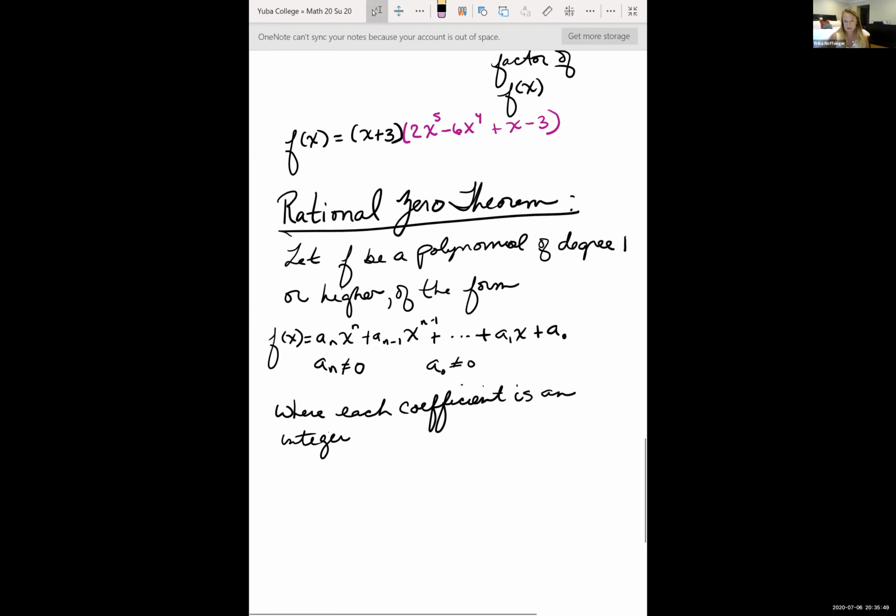So if you have some polynomial like this, then if f of x has rational zeros,